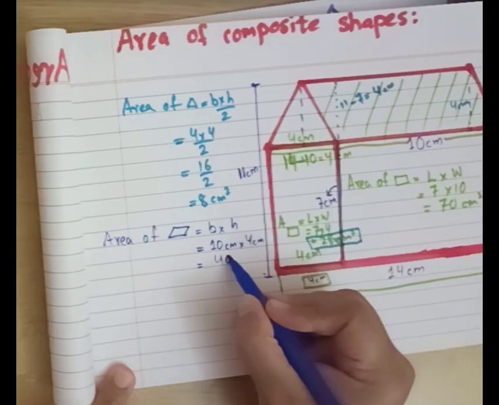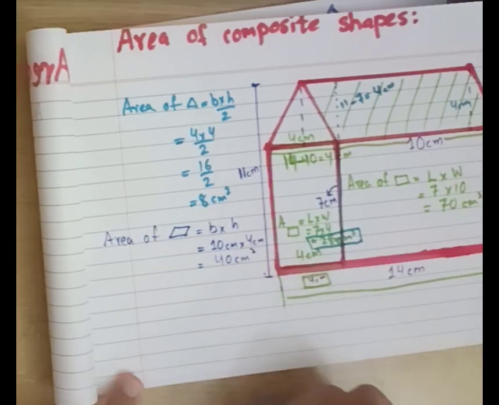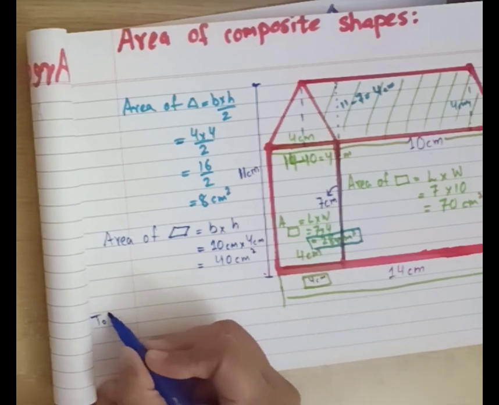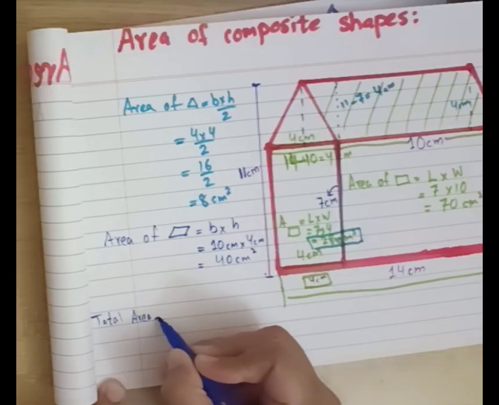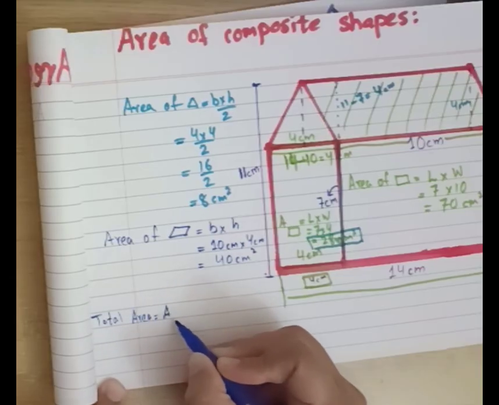Now let's add all of the areas. Total area will be area of